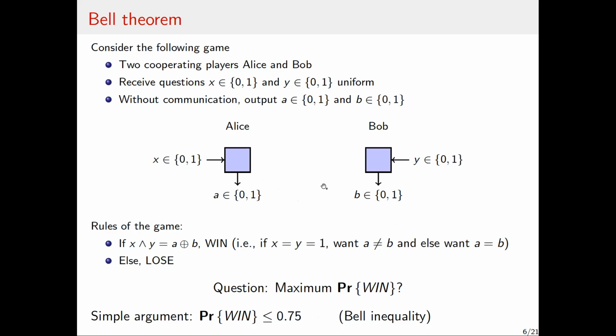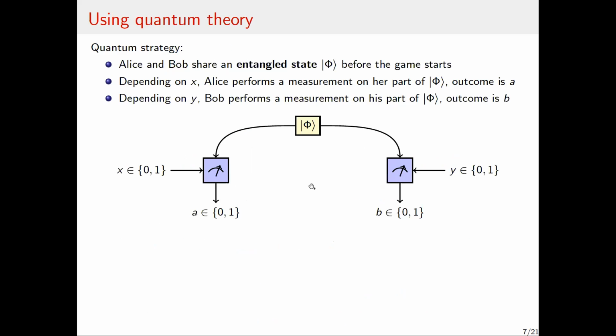So what is super interesting about this game? It's just a random game, and we compute its maximum success probability. What is interesting here is that it turns out to be different when you consider quantum strategies. What do I mean by quantum strategies? Again, I won't get into the formalism of what it is mathematically. If someone has a question, I'll be happy to detail this more. But